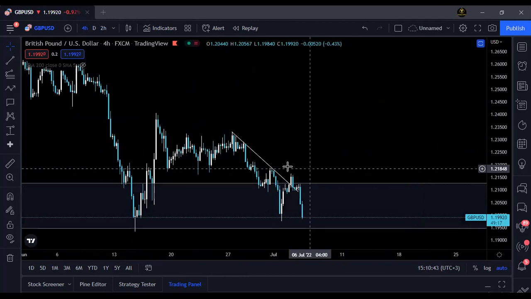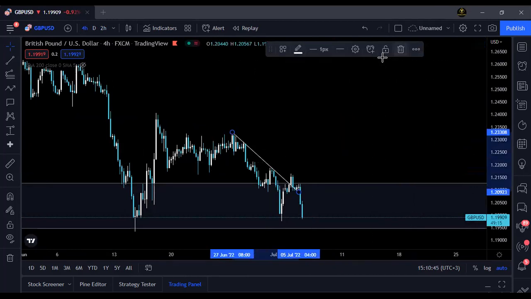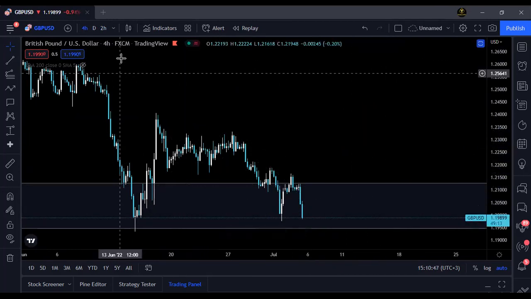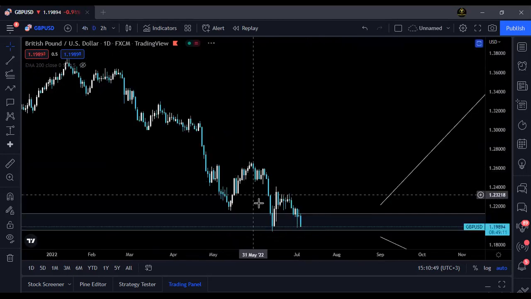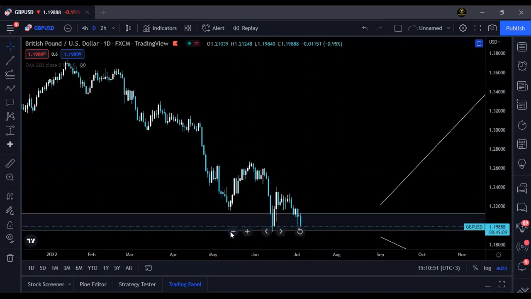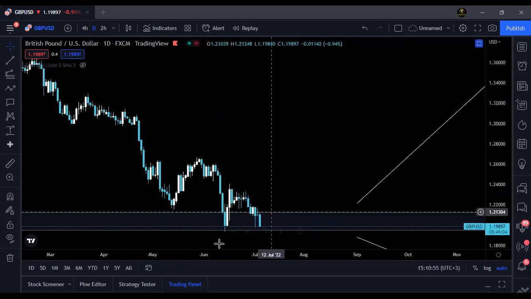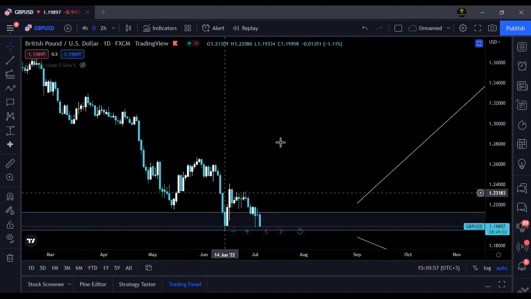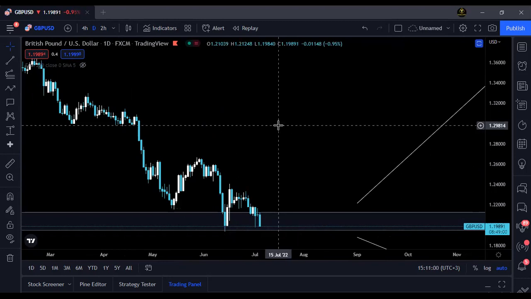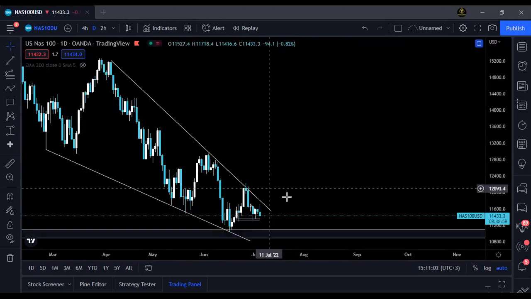Okay, GBPUSD prices are pushing lower right now. They're on a strong support zone, so I'm watching it to see how prices will play out. I'm not going to react on it because it's still in a support zone, but I'm watching it closely and seeing how it will play out.